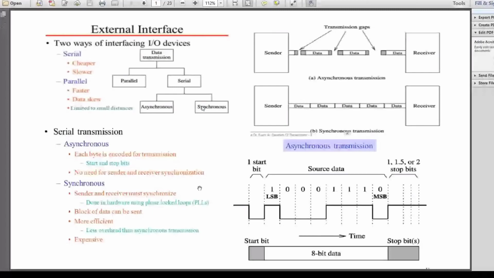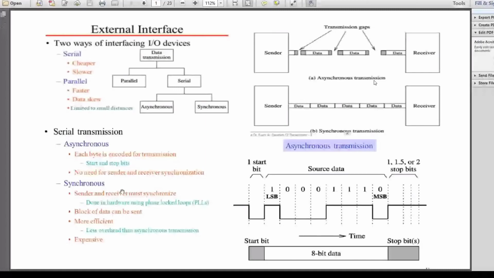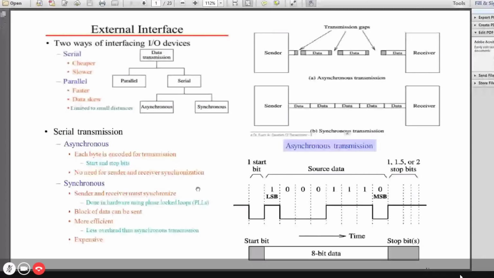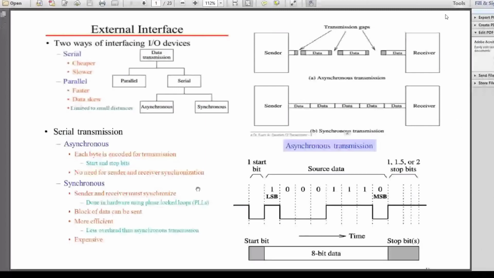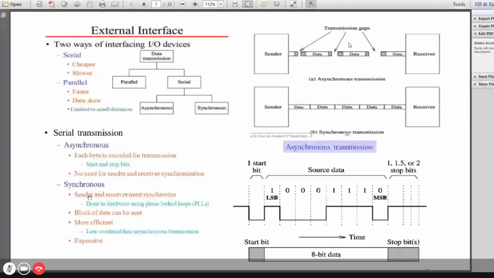The duration of one bit which is transferred along the line is indicated by means of a clock. Using this clock, the receiver is able to identify whether the bit received is 0 or 1. So synchronous communication requires clock signals. In synchronous communication, blocks of data can be sent.